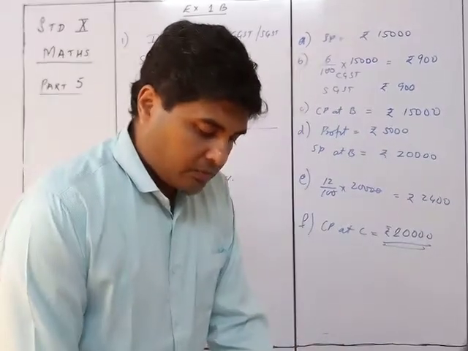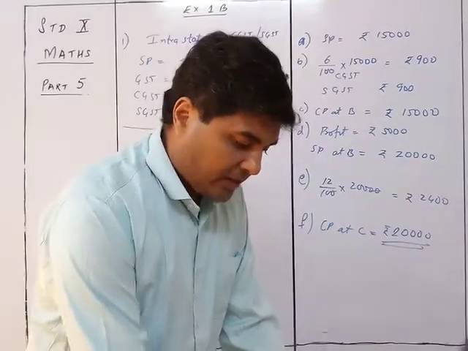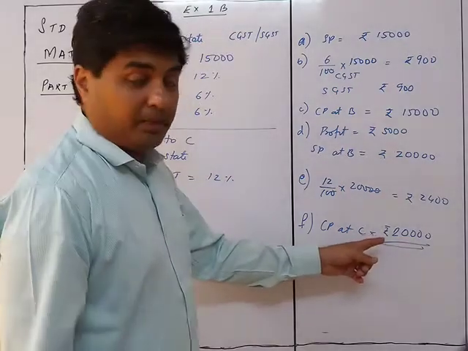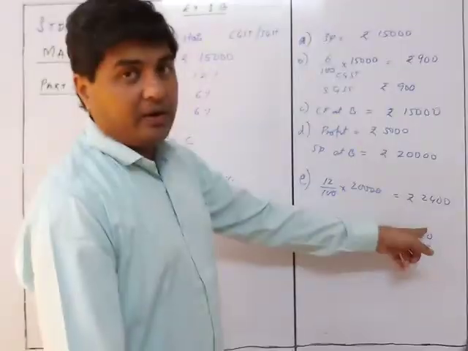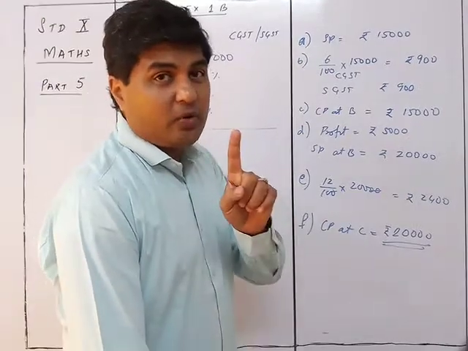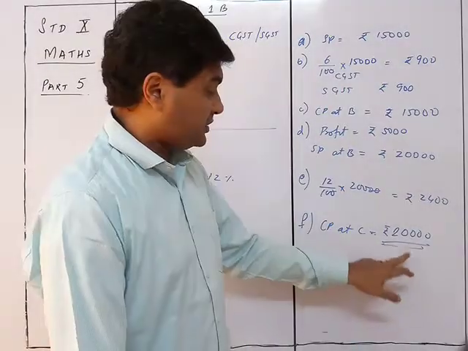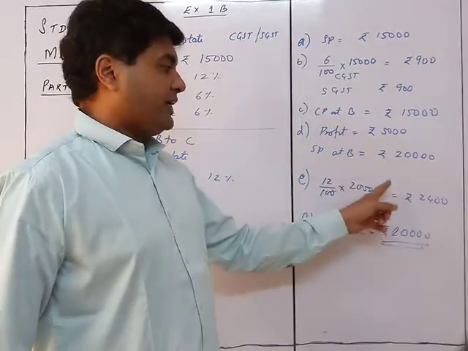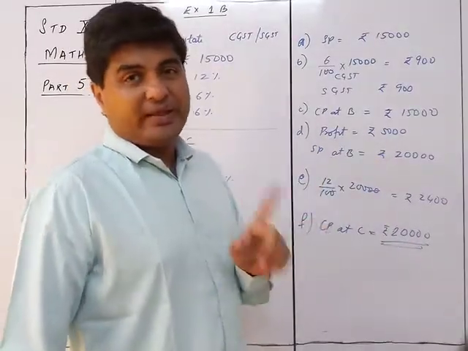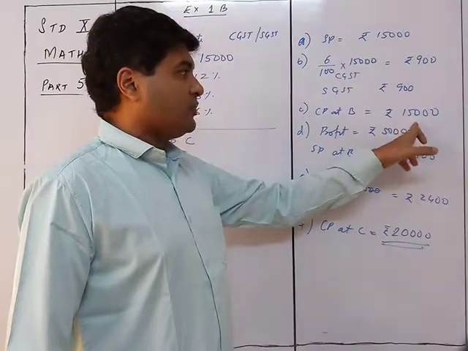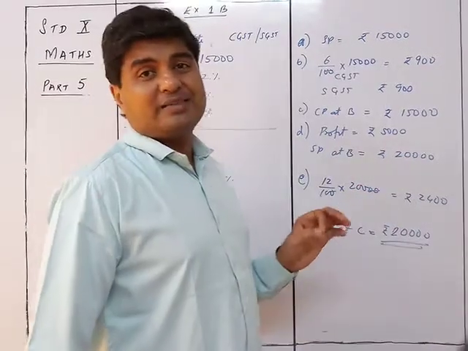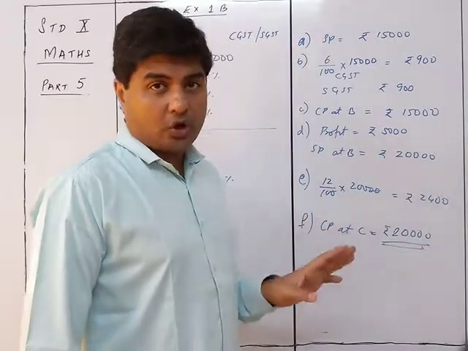But we can see over here that the amount we will be paying will be 22,400, but the CP we will be calculating will be only 20,000. This is the important part. We do not take the CP including the taxes, we take it excluding the taxes. So that's why CP over here was also 15,000 and here also it was 20,000. We did not consider the tax amount at all.